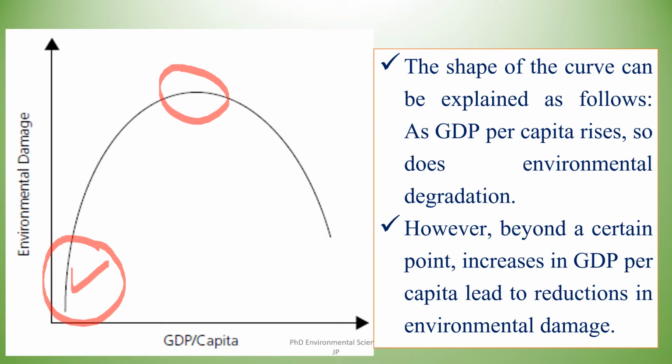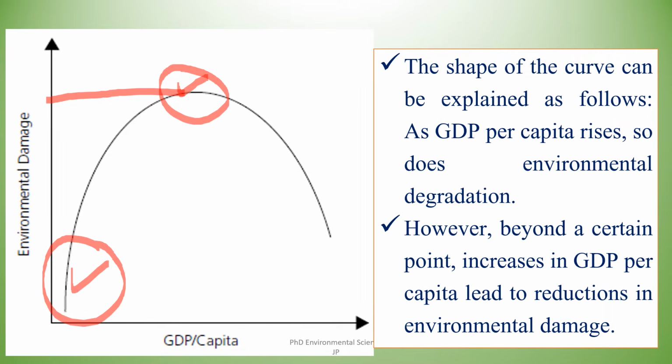As the economy grows and people earn more money, the damage to the environment becomes more noticeable. Now, this is the peak of the inverted U curve where environmental degradation reaches its highest point. At this level of economic development, the adverse effects on the environment become significant enough to be noticed by the public, government, and other stakeholders.